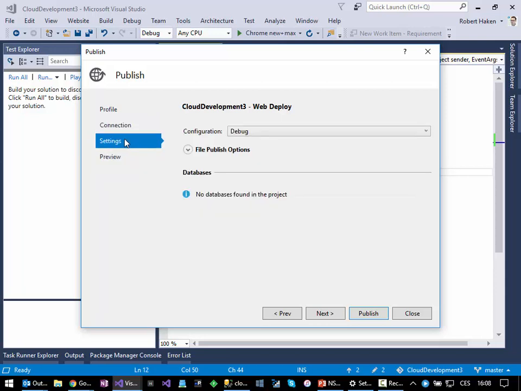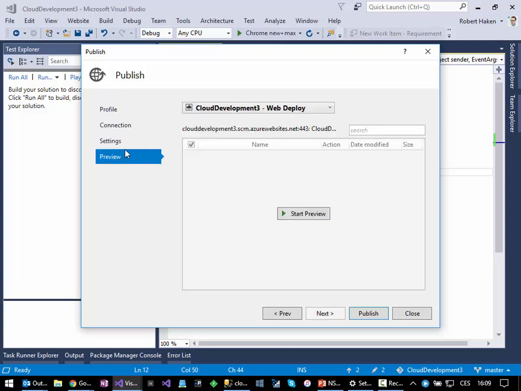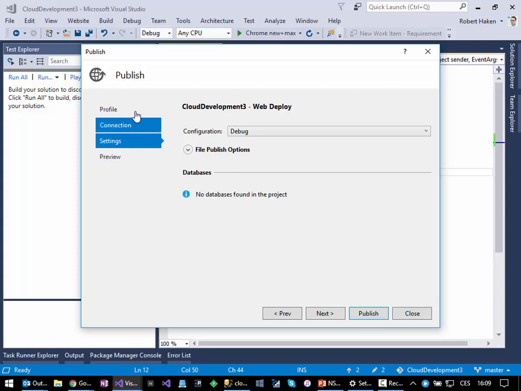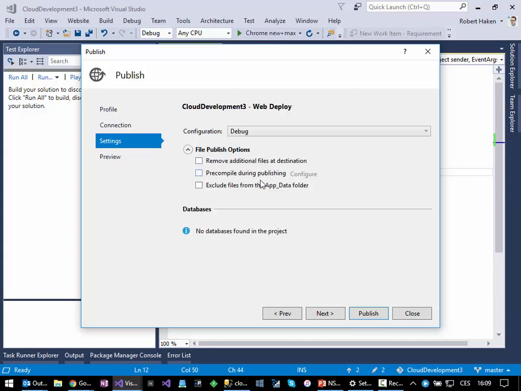There are several advanced settings. If you go to the settings section, there is a file publish options where there are 3 additional switches you can use to fine-tune the deployment. Remove additional files at the destination, which is self-explaining. Whenever you do the deployment, all the excessive files which were, for example, deleted in your project or which were created by your application saved to the file system